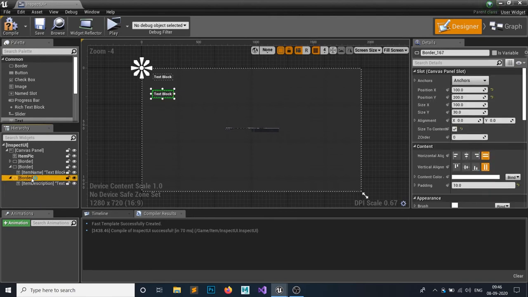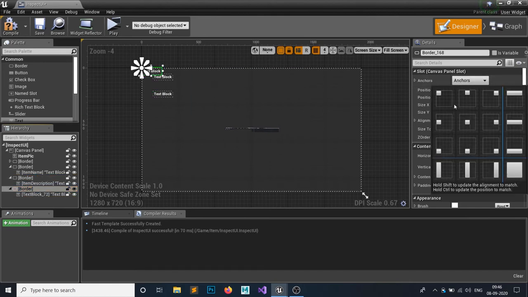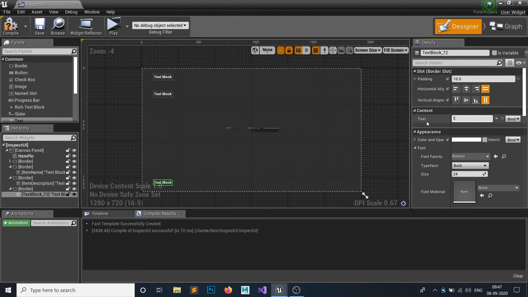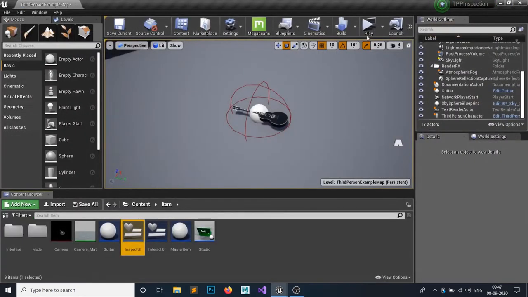Okay, again Control W to duplicate that, and this time we're gonna set the anchor point to bottom left, and just set the position to 0 0, and the size to content. It doesn't matter what the size is. Let the Y value be 1, so it brings back up. Let position X to 100, and position of Y would be -50, so it brings back here, and the text would be our close text. So just set it like E space close, hit compile and save, and let's test this out.